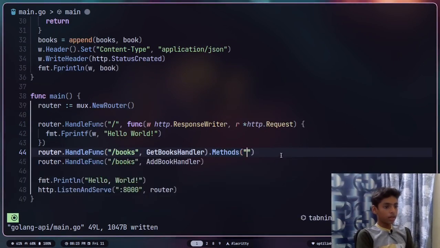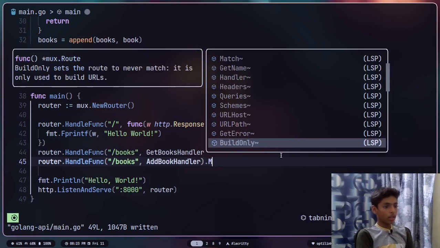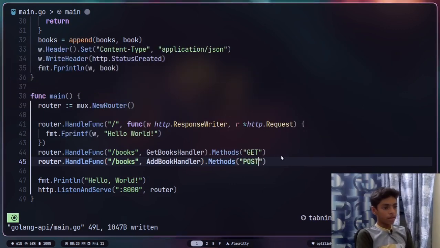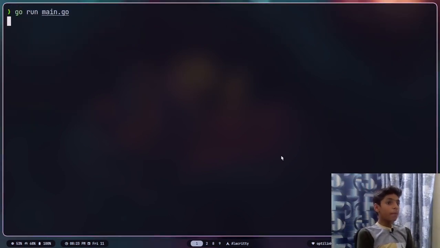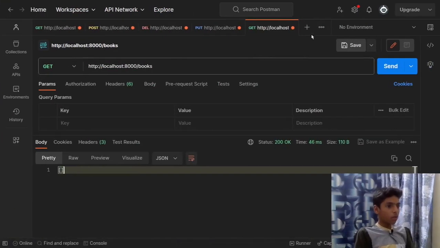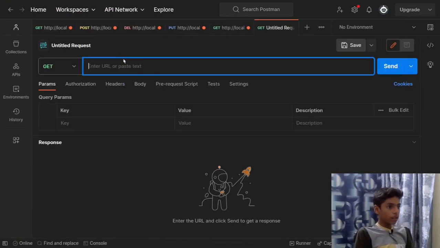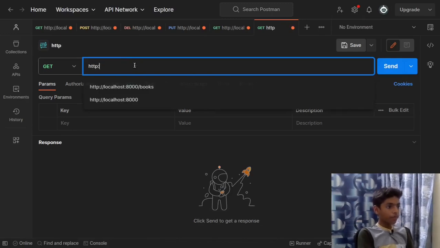Dot methods get, dot methods post. So now we can add books as well. This should be it, and then we can focus on Docker. We're gonna create a new